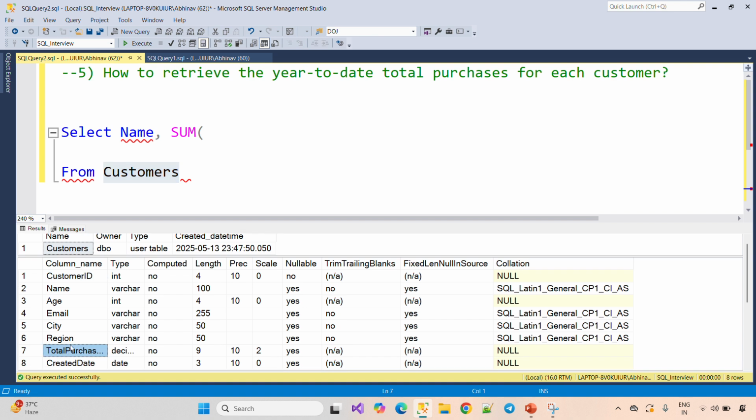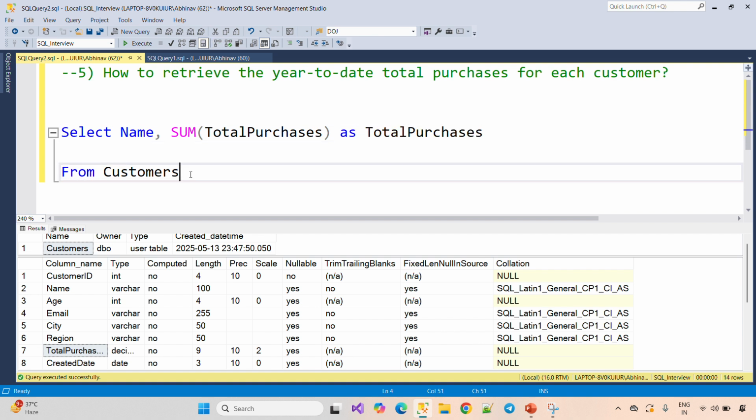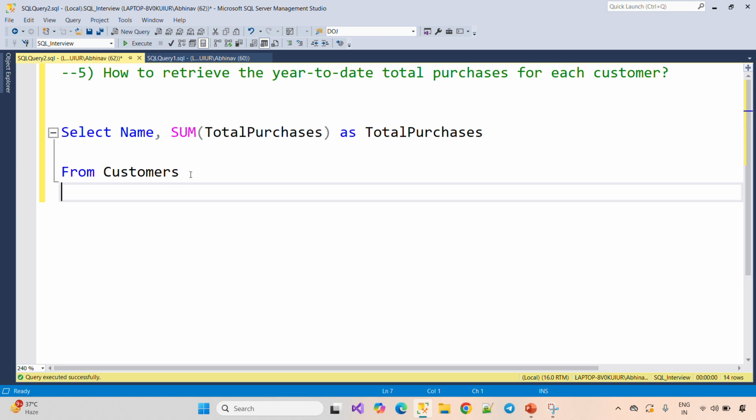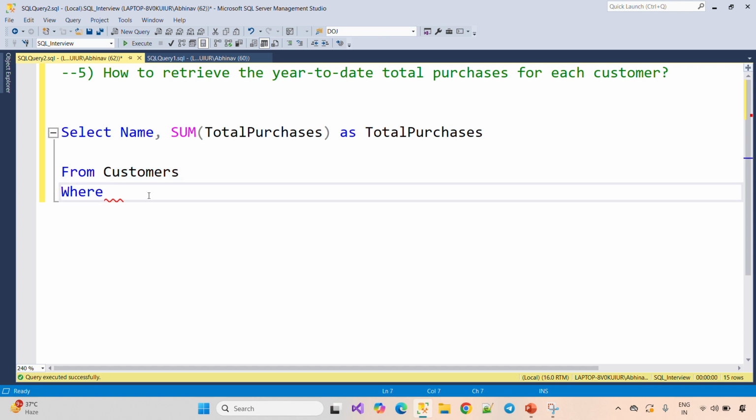Now total purchase, sum of total purchase as total purchase. Okay, and then we need customer wise total purchase. So first of all we need year to date. So here you need to first write the where clause, where created date